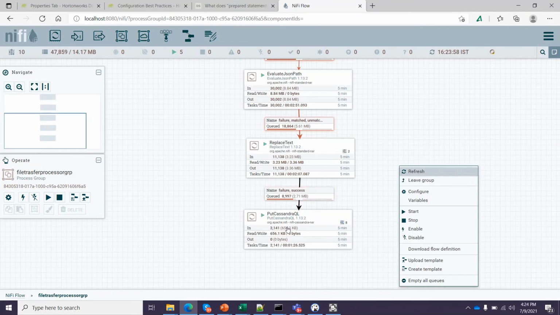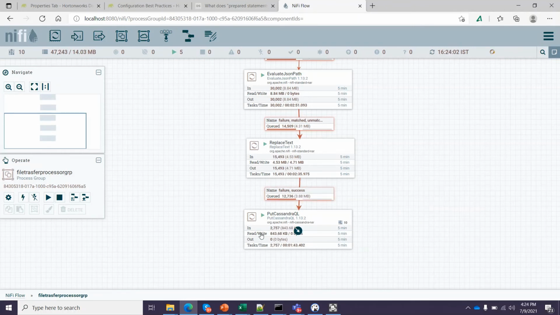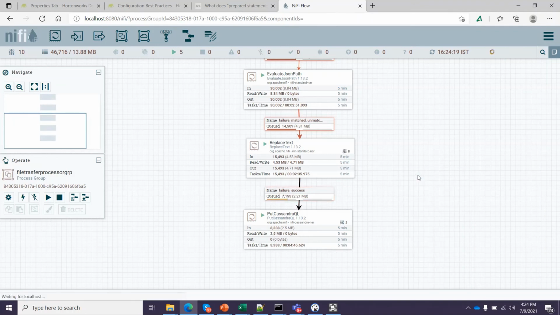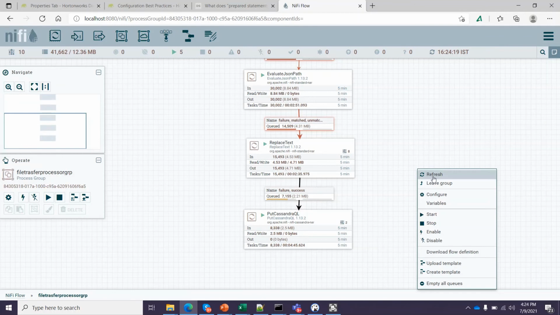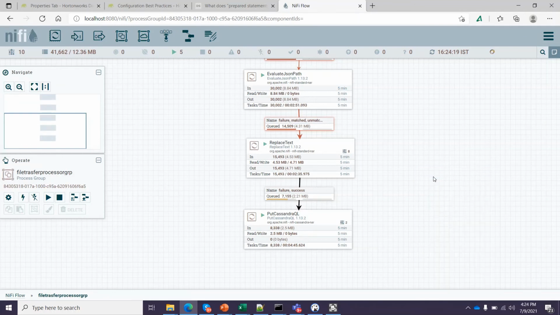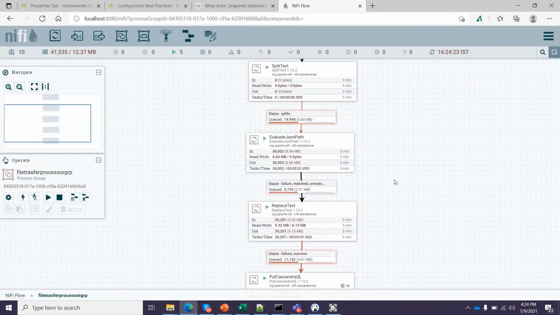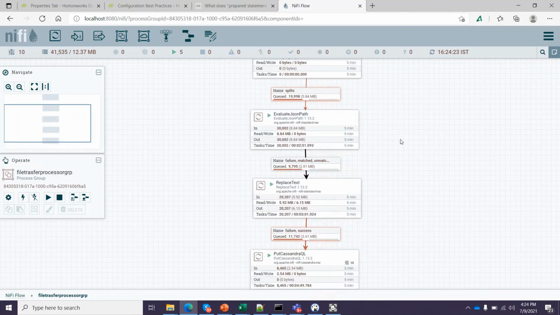See, you can see the details. My Cassandra processor started putting data into my Cassandra database. Slowly these records, if you see from the top, are getting cleaned.